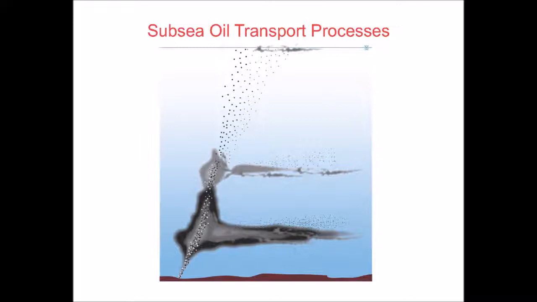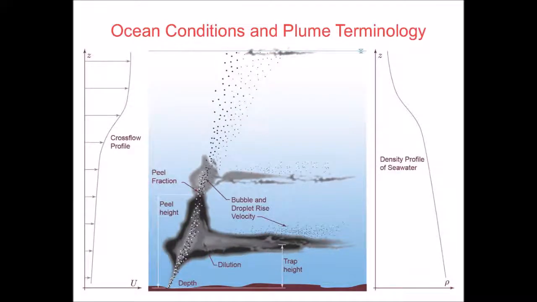We also have density stratification. We have colder, higher saline water, usually in the deep water, which is denser than the warmer, perhaps lower saline water in the overlying ocean, so that we have a density profile. As this plume of oil and gas tries to lift the water that gets entrained into it up higher, this density profile is going to prevent it from lifting that all the way to the surface,